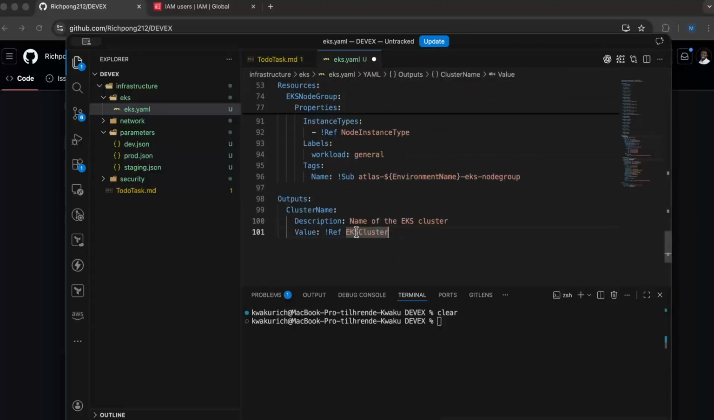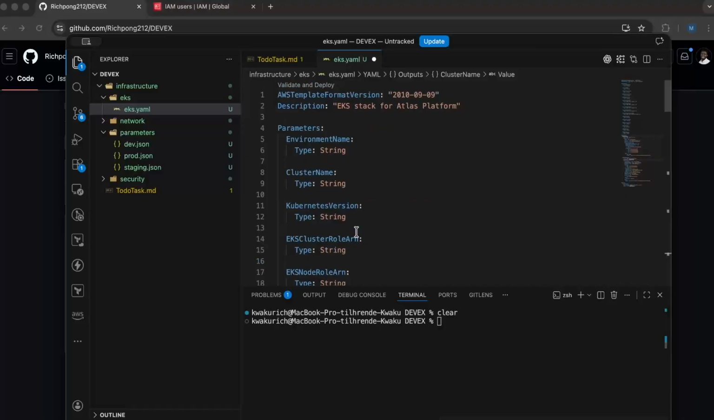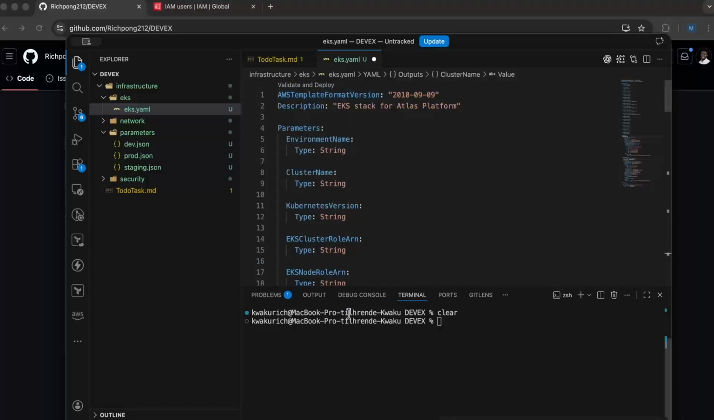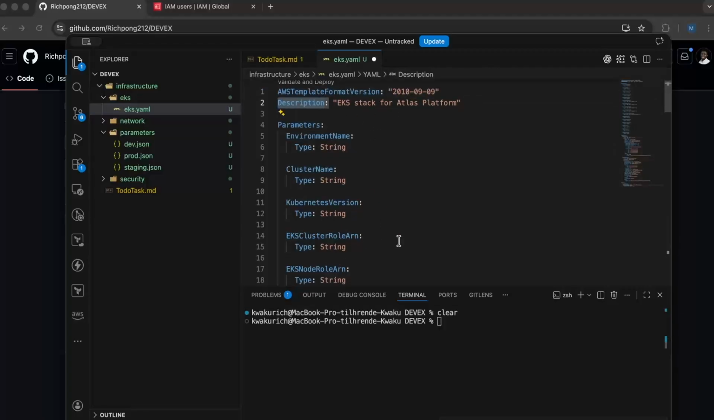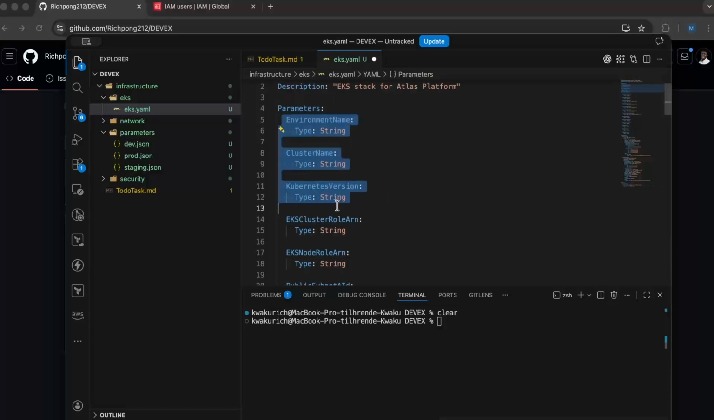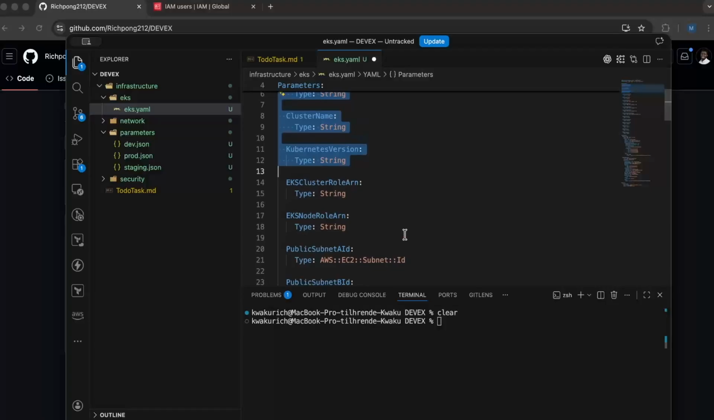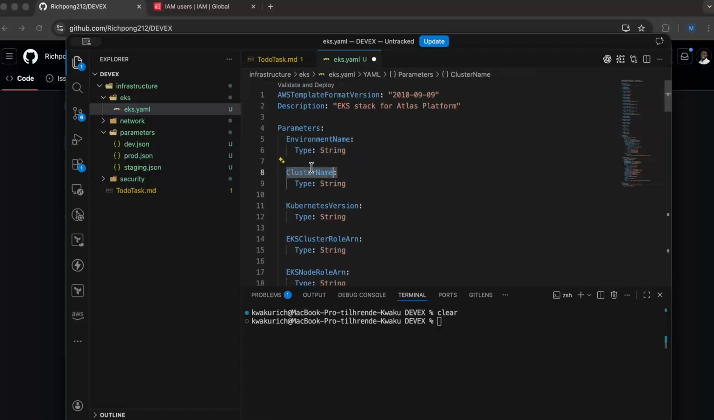Yes, so within the EKS cluster, again, it's still the same CloudFormation template that we are going to reference. We give the description, and then we will give the parameters, the environment variables that we are going to reference in here. So we will need one for the cluster name, and then we also need the environment name as well,